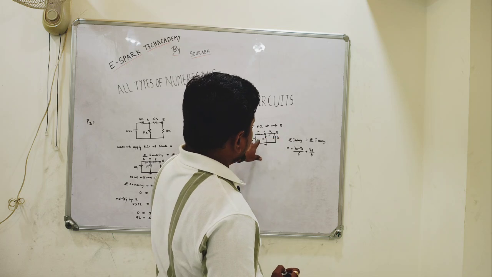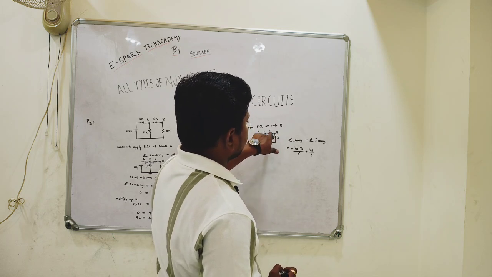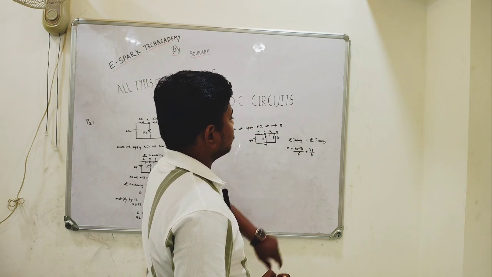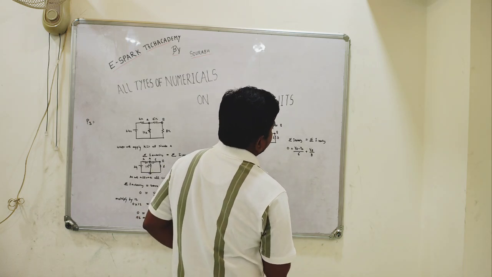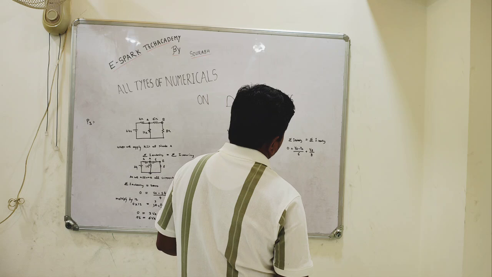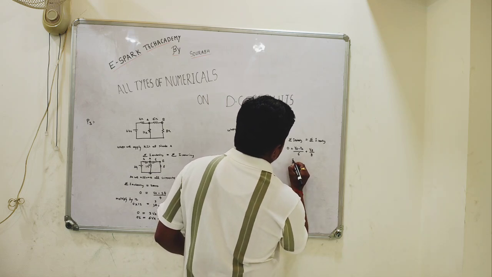As B is not connected to the 12 ohm resistor, it will not come. Only 2 resistors are connected to the node point B. Now solving this, we will get as